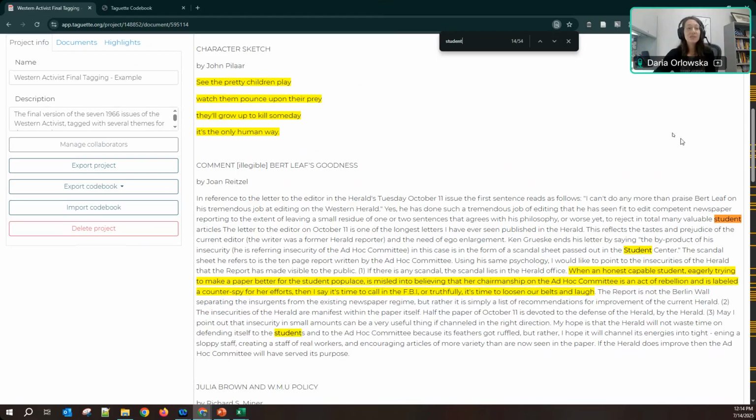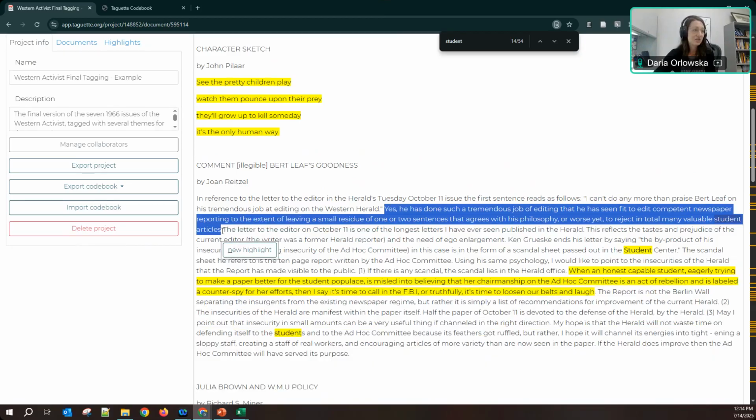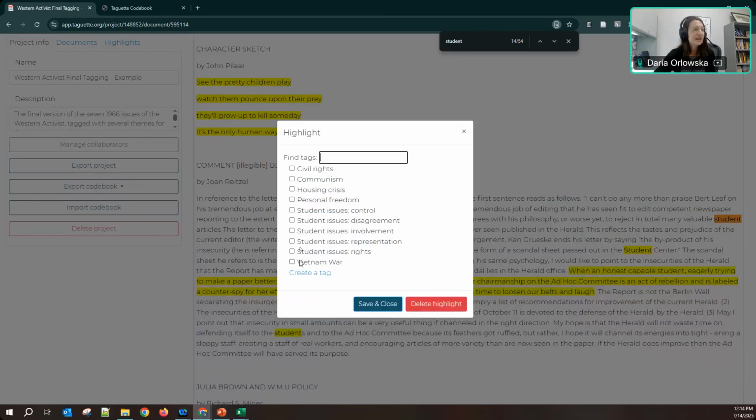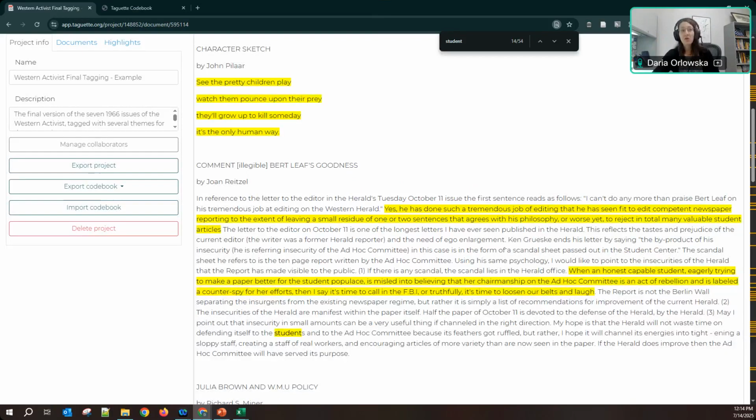and I can navigate down the document and decide what I actually want to tag. I will still have to go in and highlight the sentence that the student is in, create a new highlight, and select, for example, student issue rights, in order to account for it. But it will give you a shortcut in terms of, I may have missed something. Other programs will do this for you automatically. However, by reading through the document and reading through the word in context, you are making a conscious decision whether or not to include something within your tags.